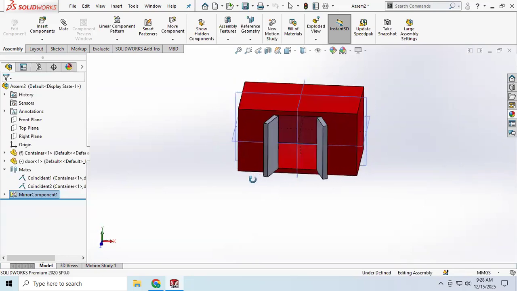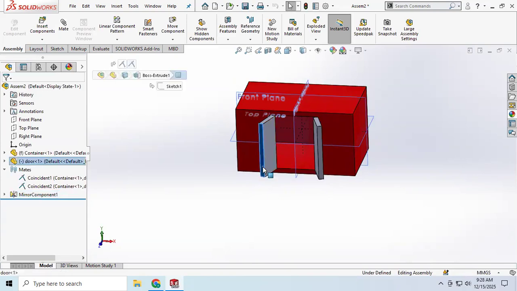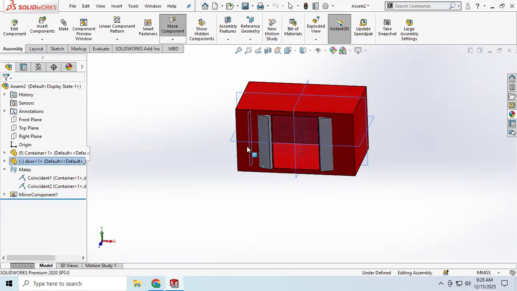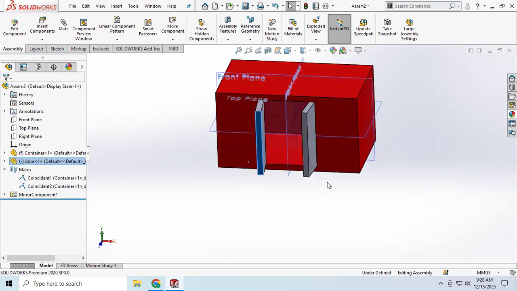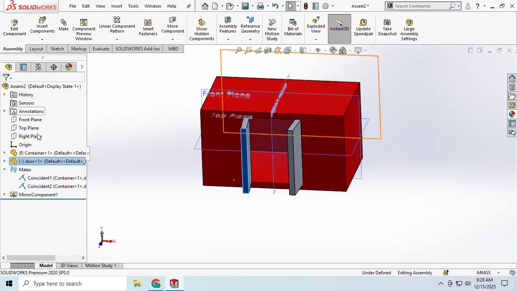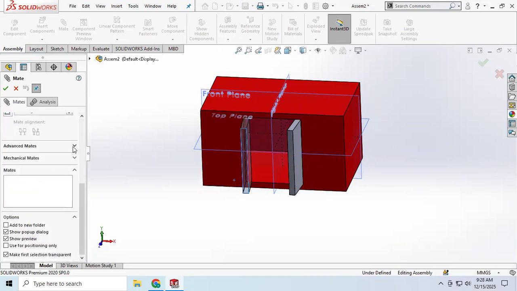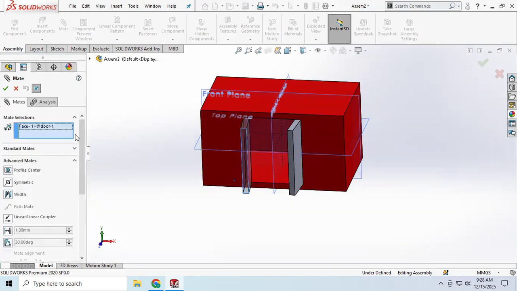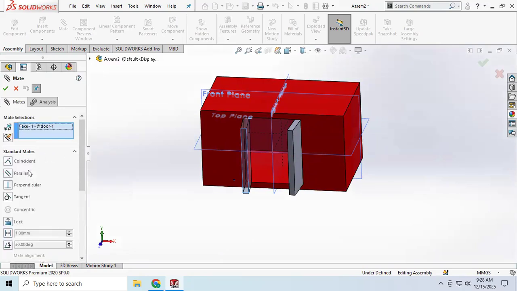If I do the mirror the same as it and draw close, the same thing will work here. By using the mirror, you can also make a symmetric one. Is that clear? After that, you can go to the mate. Select the advanced mate. You can also have this type of option in your standard mate,